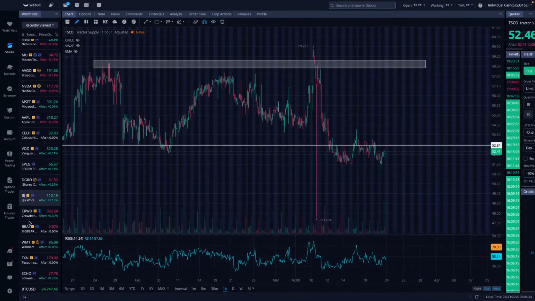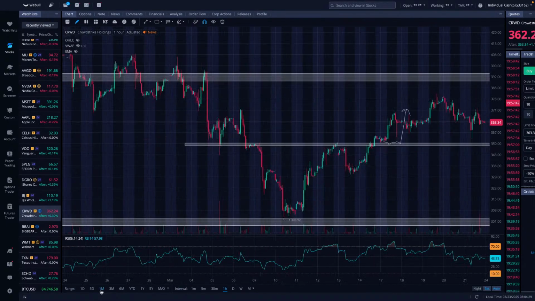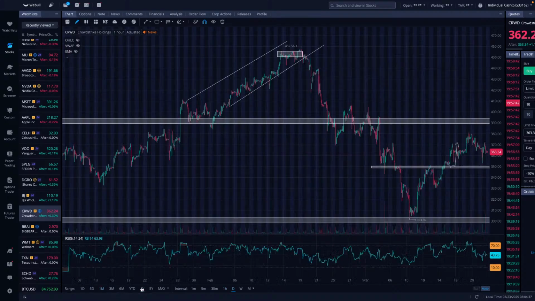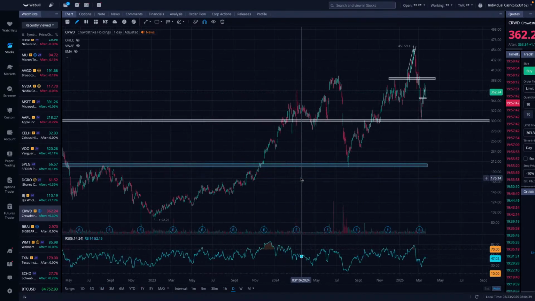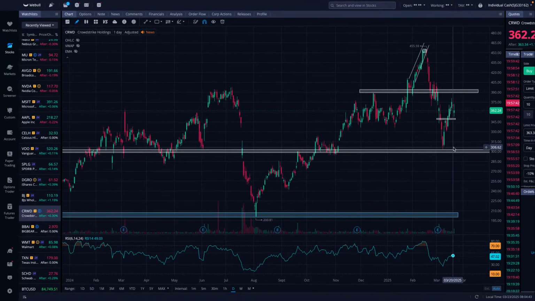Next, let's look over CrowdStrike. CrowdStrike is another stock that is very volatile. It's amazing how much this company moves. And if you can get these swings, that would be just beautiful. So taking a look here, CrowdStrike, we can go right here, $300 per share. Looking for that move back.